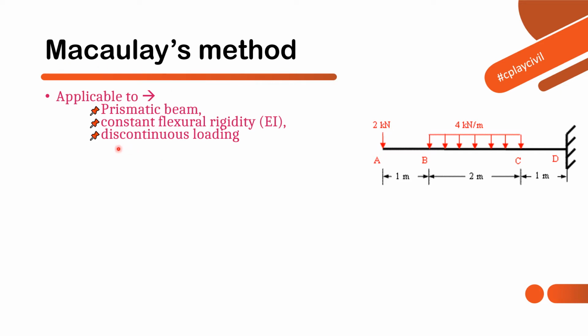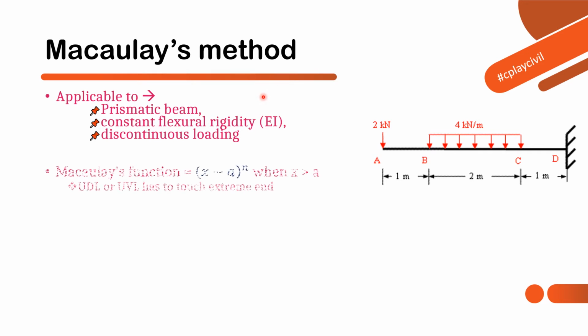But in Macaulay's method we can use beams which are subjected to discontinuous loading. For example, say in this beam we have a point load at the free end, and we have UDL somewhere in the mid of the beam. So this type of loading is called discontinuous loading. When we see this type of loading with the beam having prismatic section and constant flexural rigidity, we can use